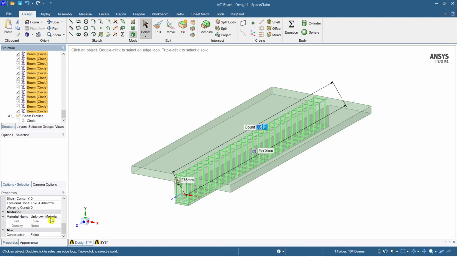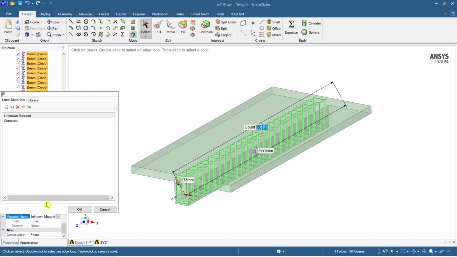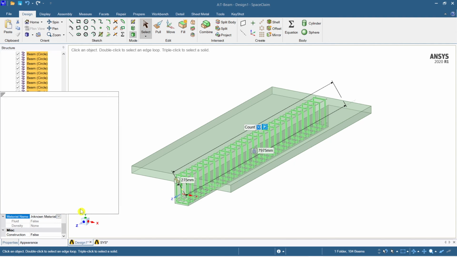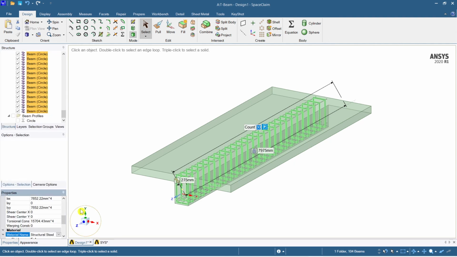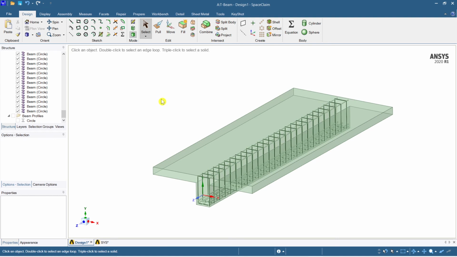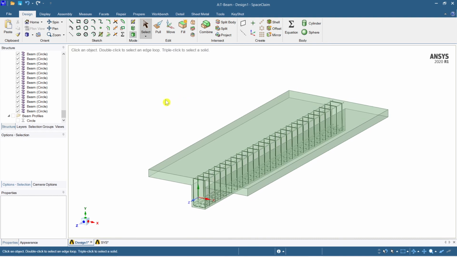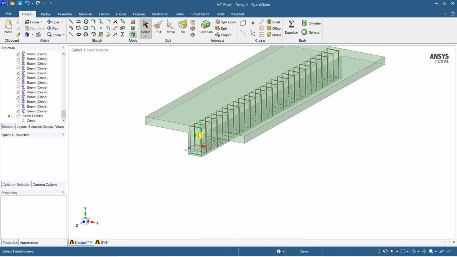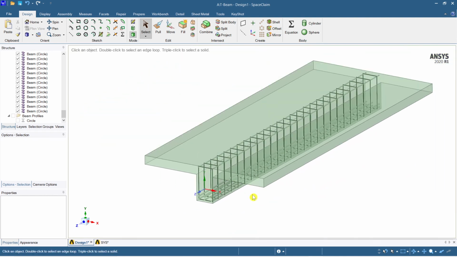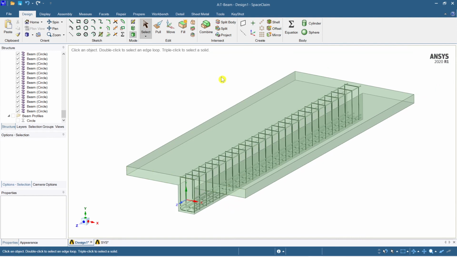So the material I'm going to select here is structural steel. Okay, fine. So I think this is fine for this video. I hope you have understood how to model the beam. If you want to know the way in which I have taken the stirrups and other things, you should watch my previous videos. There I have explained clearly.